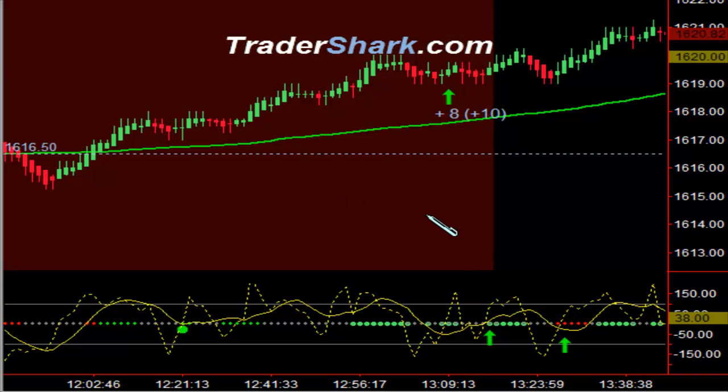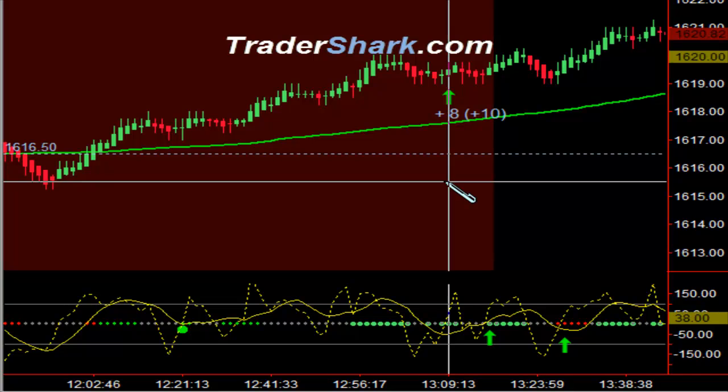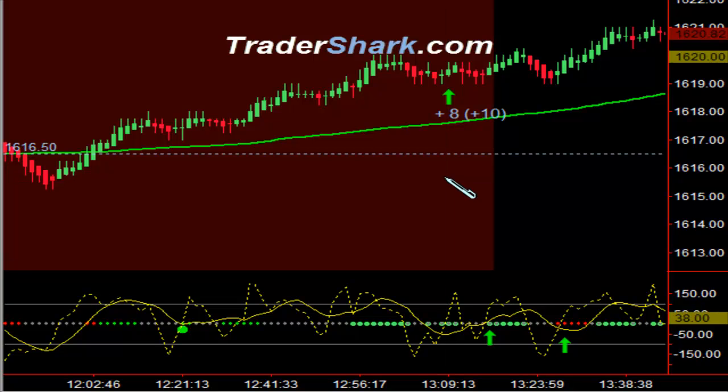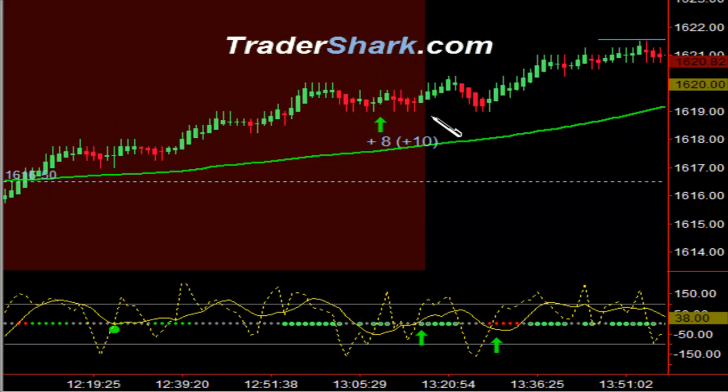However, when you have a trade set up, I mean, this is such a clean setup here long. The anchor charts were in our favor, momentum was in our favor, the sentiment was in our favor, and also the clock was in our favor. Had to get in right here at about 1:09. So we're about 6 minutes from the end of the no trade zone. I only took 8 ticks on that, but it really ran up to the full profit potential of 10 ticks,